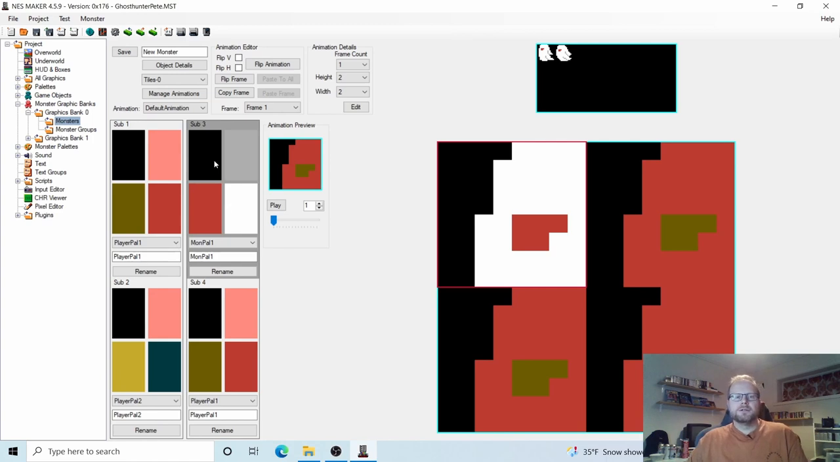Alright, so make sure you have sub 3 selected right now. Sub 3 selected. This is important because this is the information that's stored with our object. So when we're finished with this object, it's going to remember to use sub 3 in the game. So click sub 3 and place your cursor up here and hold down your shift key and drag down like